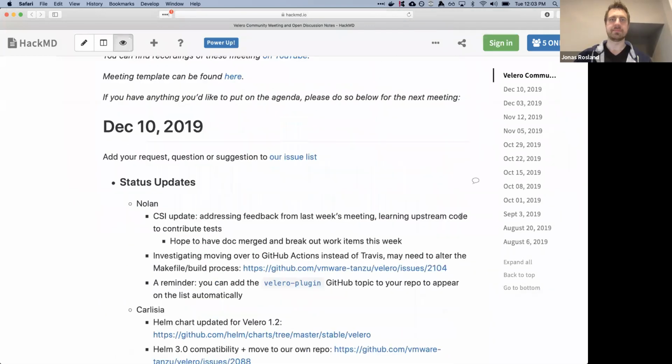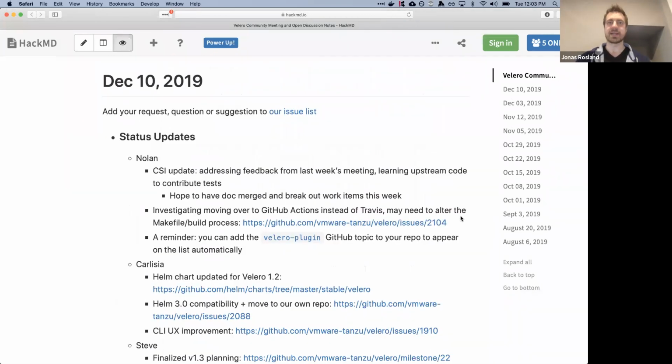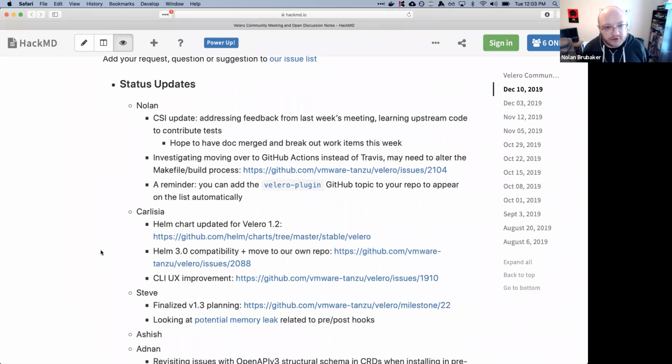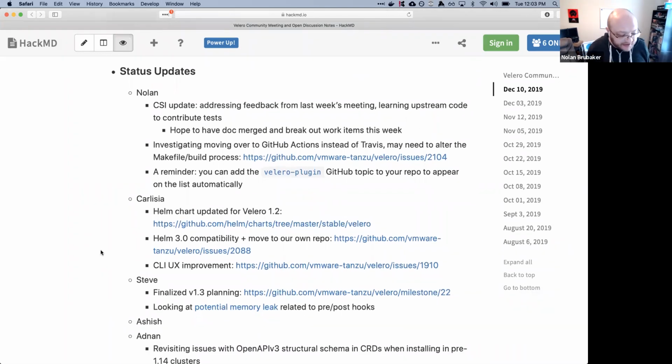All right. So going through the status updates here, we're going to start with Nolan today. Yeah, so to follow up to our little impromptu meeting on the CSI integration last week, I believe I've got all the feedback we got from our meeting last week integrated into the document. Yesterday, I included some of the diagrams for each of the plugins, and I think we're at a point where I'm ready to call the document pretty well done.